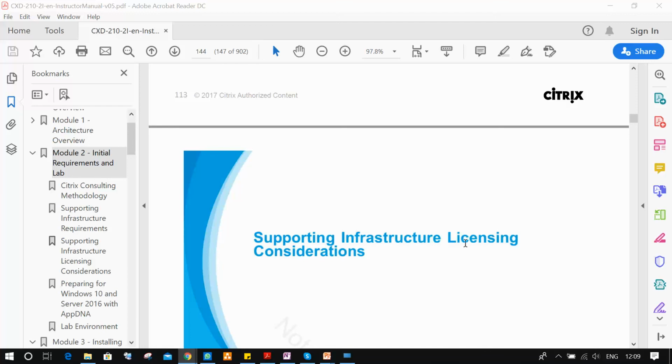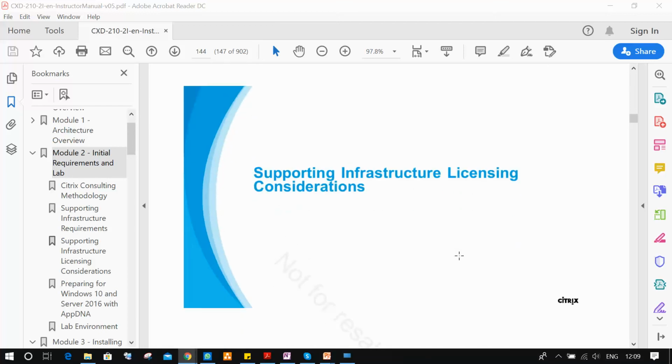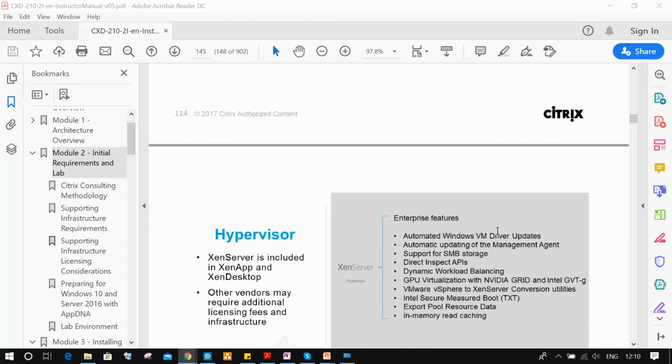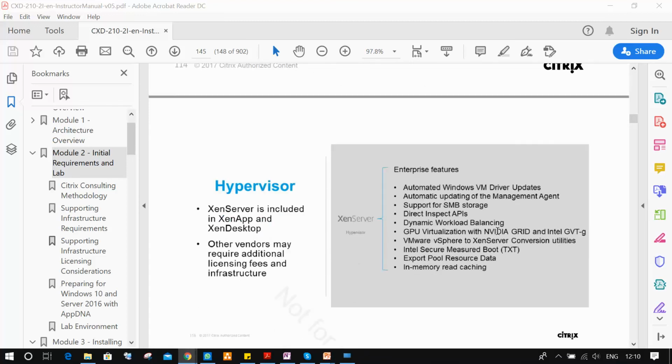So now we are going to discuss some important topics like supporting infrastructure, legacy, and licensing considerations. What types of licenses are available and where we are using them? So we'll discuss that now. Today we are not installing labs. Today only some important topics we are discussing, and this will help you as an overview. So going forward, these are the products we are installing and configuring, so that we have an idea about that.